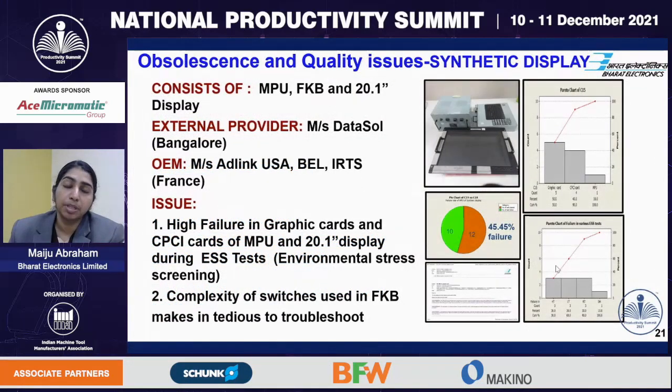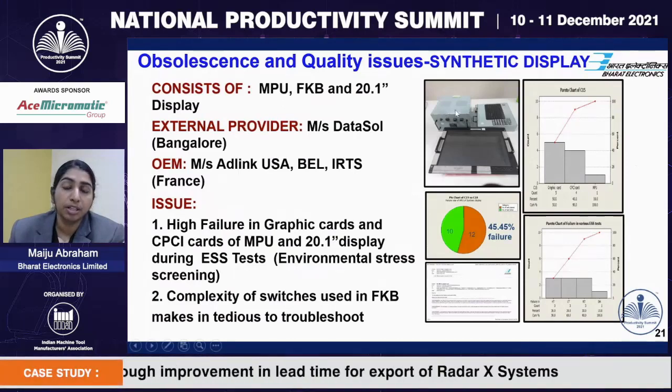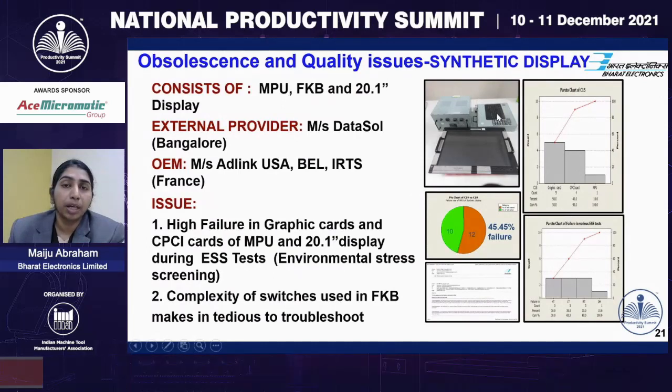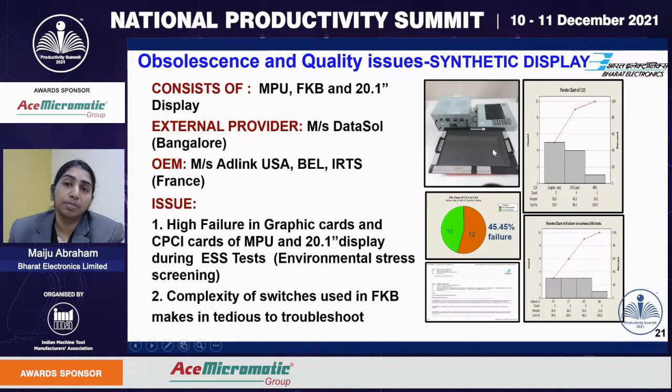The synthetic display subsystem consists of a main processing unit, a functional keyboard, and a 20.1-inch display. The main processing unit cards come from Adlink USA. The functional keyboard is in-house manufactured at BL, and the 20.1-inch display is coming from IRTS France, as we've already seen. The graphic card and CPCI card inside the main processing unit were having a high failure rate in environmental